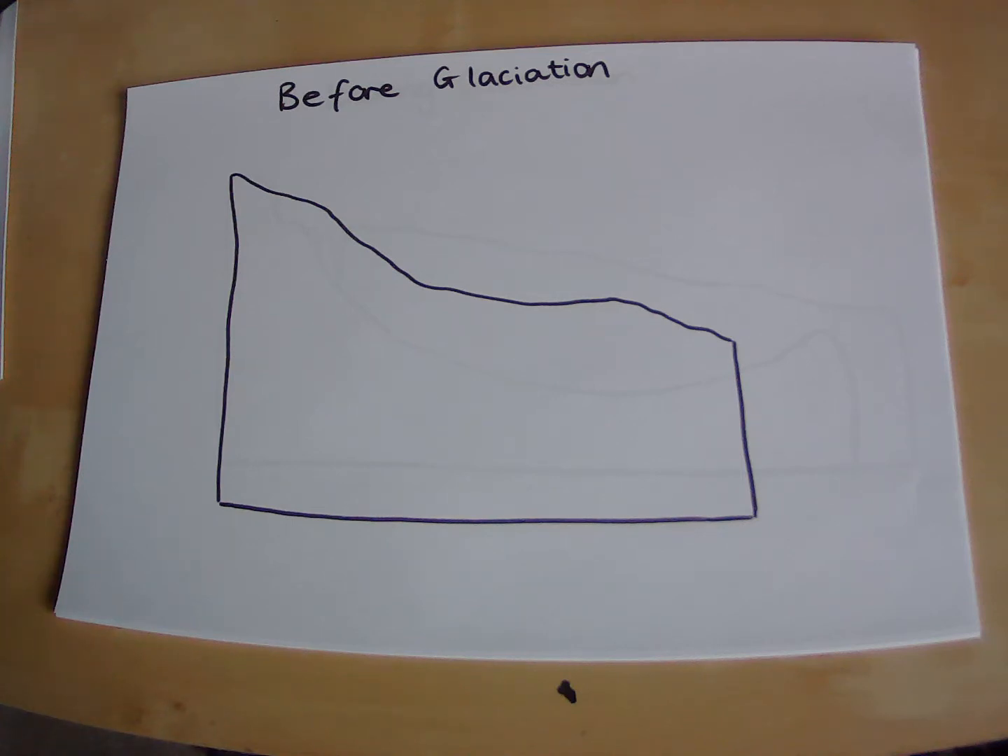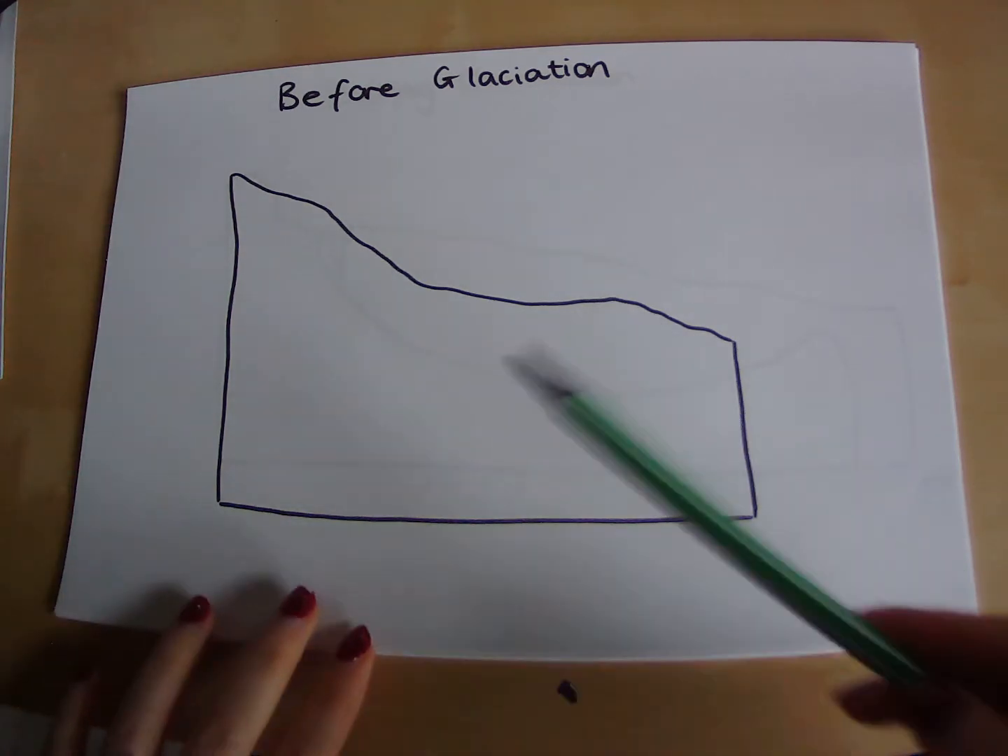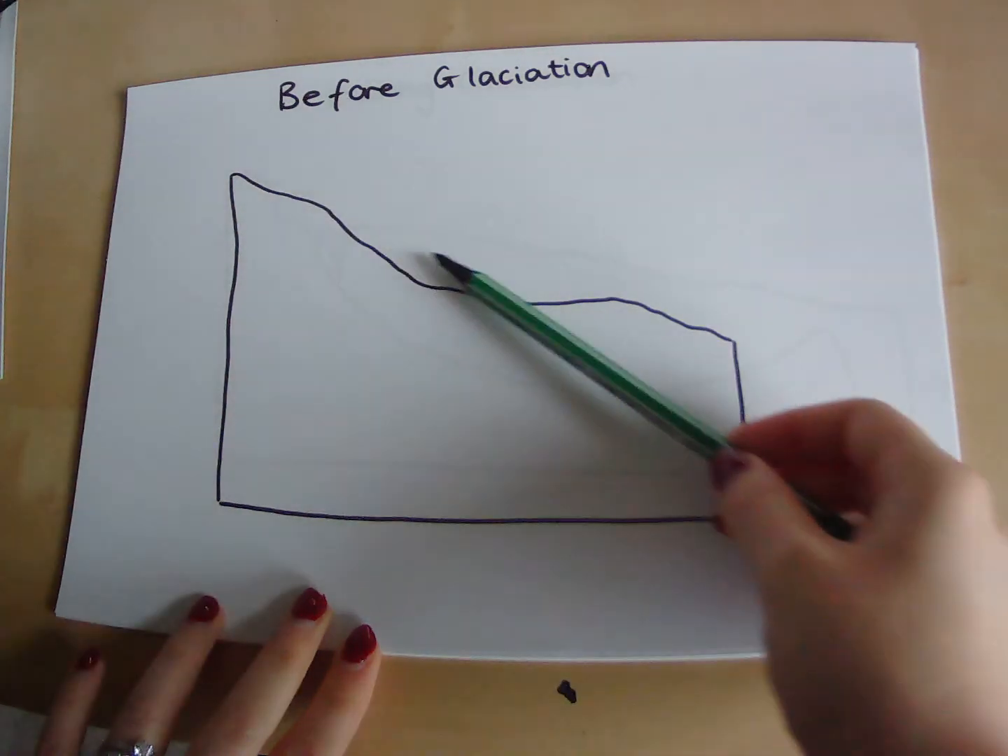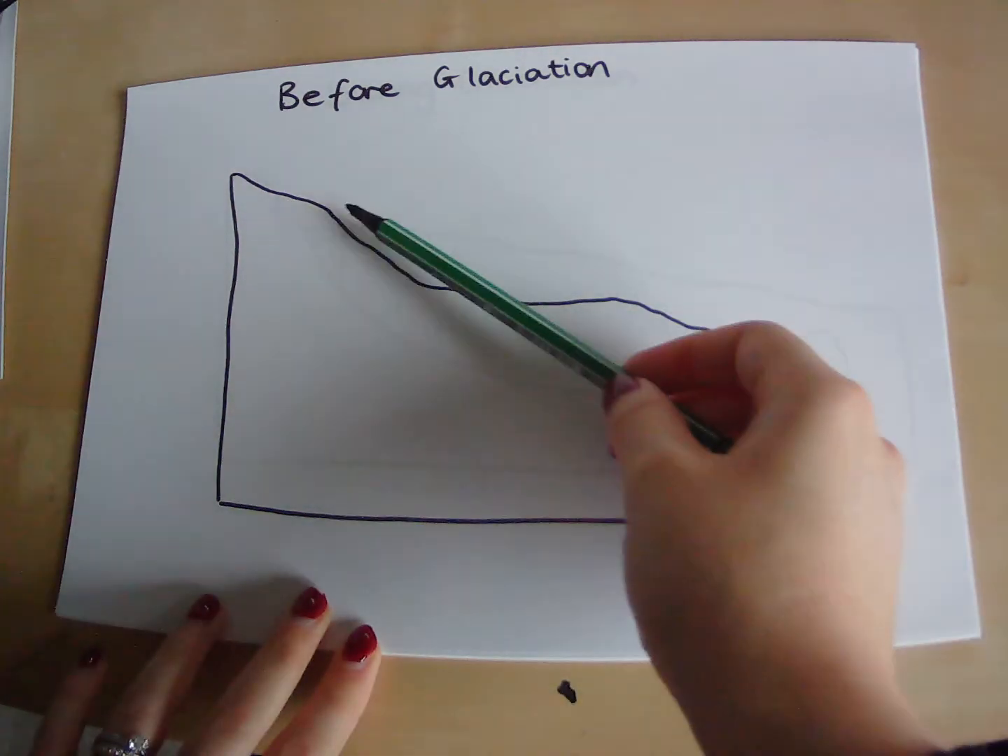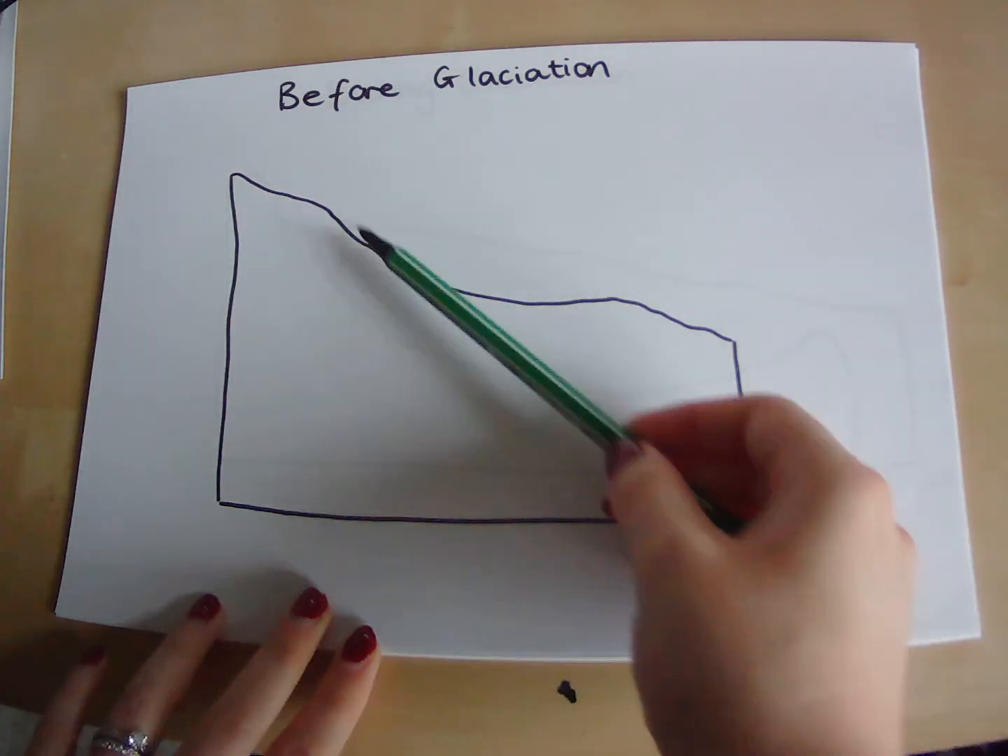This video is about the formation of a corrie. We're going to be looking at the formation of a corrie in 3 stages: before glaciation, during glaciation, and after glaciation. Remember, a corrie is a hollow in the mountainside that's been cut out and eroded away by the glacier. So here we have a slope, and in that slope there's a tiny wee hollow here